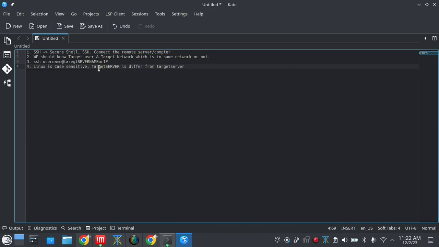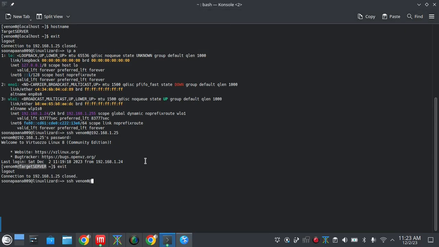Both are the same name only, but the syntax, right? We have used the common case, but here we can see normal text, lowercase letter. In Linux it will consider two names. But in Windows, no issue for the case. Windows is case insensitive, but Linux is case sensitive. So we have to be careful, and also when we are connecting with venom0, that username is